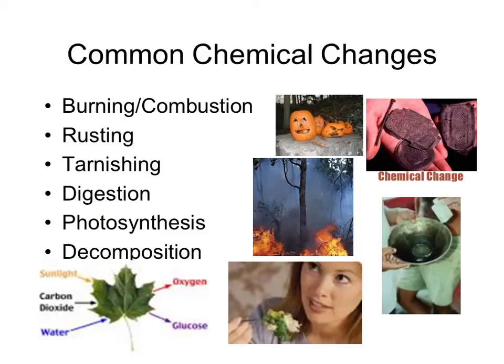Digestion, photosynthesis, and decomposition. These are all examples of changes that take place to the point where the end result does not resemble what you had at the very beginning. And so in class, we'll do a couple of other examples of things that you might see in everyday life, and you'll help me identify which type of change it